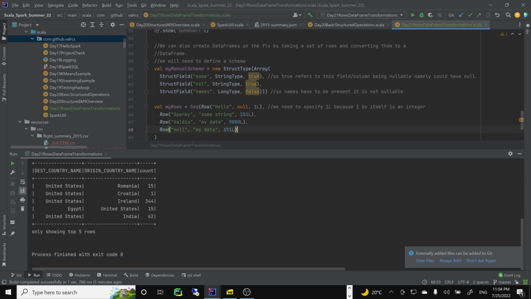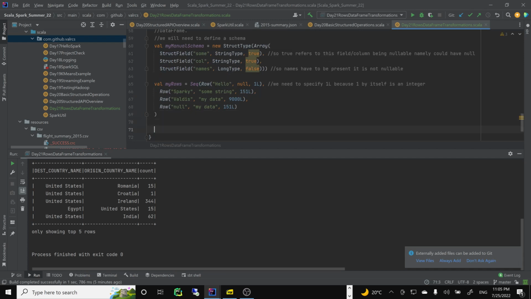Okay, so I have my rows. So this is going to be a sequence of rows. Well, again, sequence. It could be an array of rows, we could do also, or maybe a vector of rows or a list of rows. It's just a sequence, right? So I have my schema, I have my rows, and I can make a